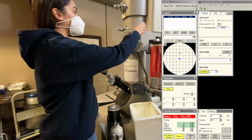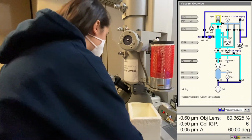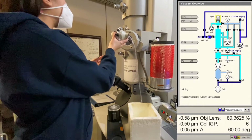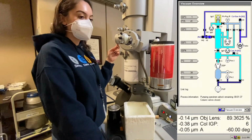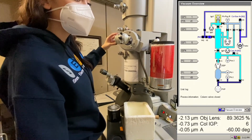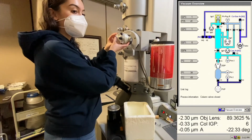Remove the cap from the dewar. Remove the cryo holder and align the pin right on the line of the goniometer until we see the airlock pump time of 2 minutes in the vacuum overview window. Also on the scope PC, I'm going to select this ST cryo holder as specimen holder. After the time is done, I will reset the alpha value, gently holding onto the holder while the goniometer goes